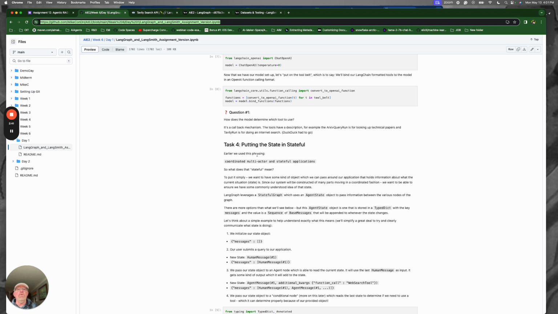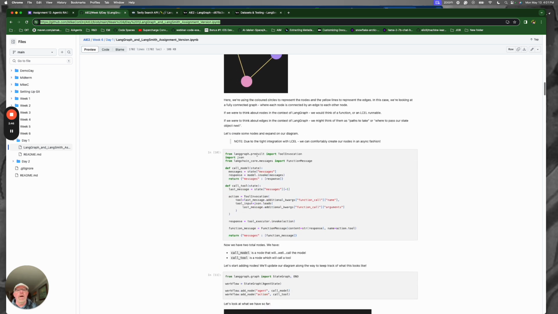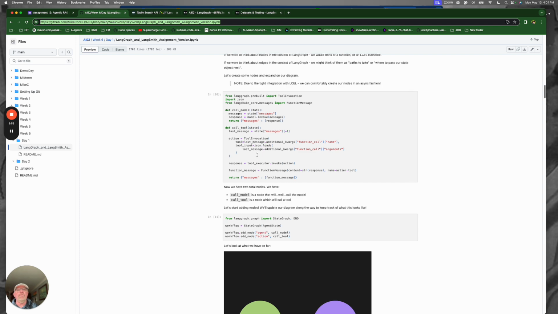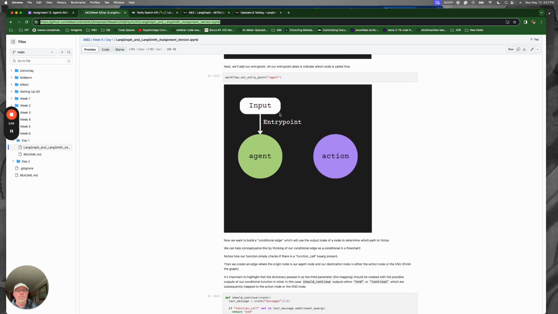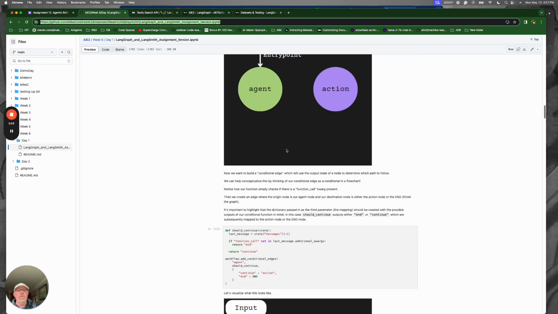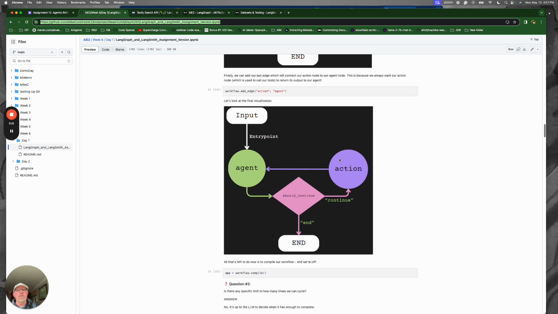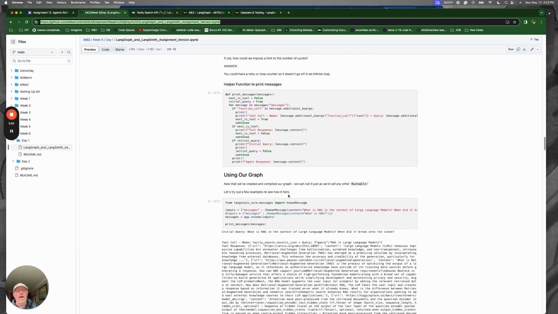And what we want to do is define a way of defining a graph. Now, what is a graph? It's nodes and edges. So we're going to be defining how this thing is going to flow. When we start something and we get something at the entry point, like a prompt, the agent is going to work through it, and based upon what we get back from each of these types of tasks, we continuously loop until we're able to say we are now ready,